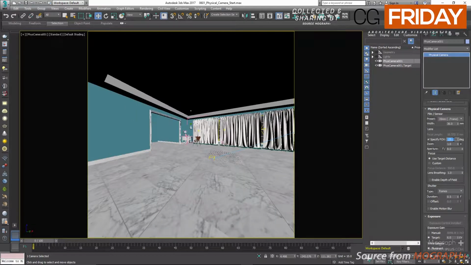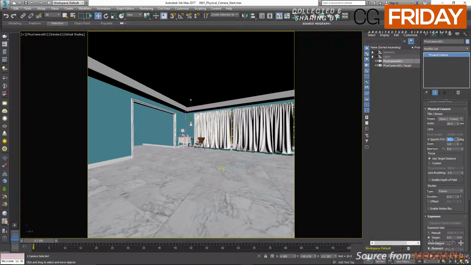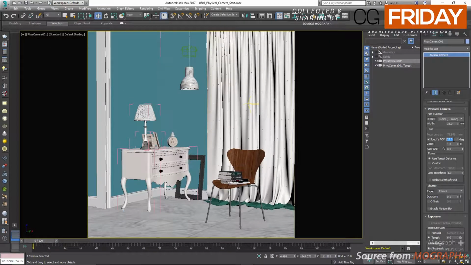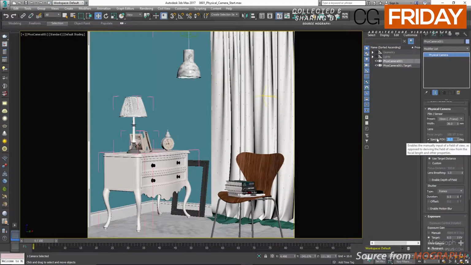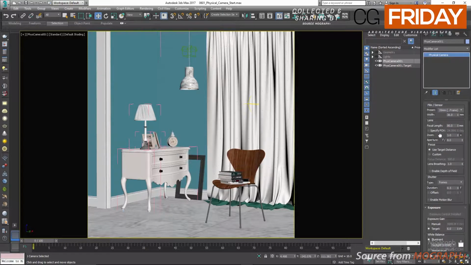And as I'm changing the angle here, you can see the focal length is getting updated. So while specify field of view is on, the focal length control is disabled. However, changing the value of one of these controls also changes the value of the other. Let's disable specify field of view and set the focal length to 80 for now. Zoom